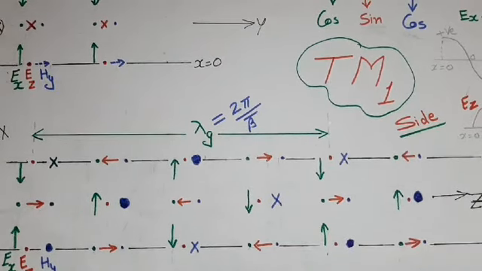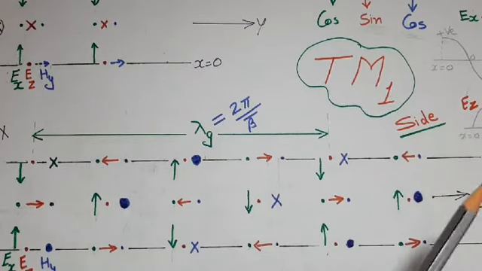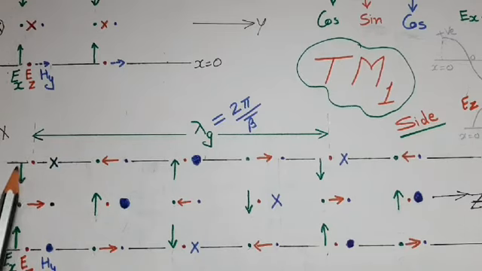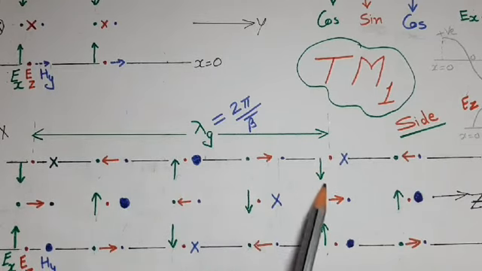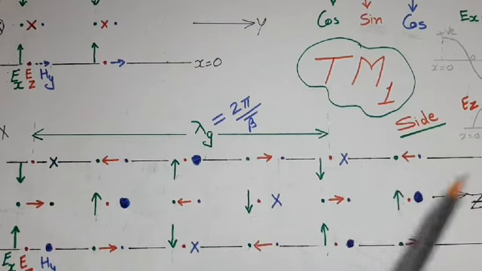Here at z is equal to 0 and x is equal to d by 2, it is 0. So after some distance, it becomes positive max, then 0, then negative max, then 0, then positive max, and so on. If we talk about z is equal to 0 and x is equal to d, it is negative max. So after some distance, it becomes 0, then positive max, 0, negative max, 0, and so on.